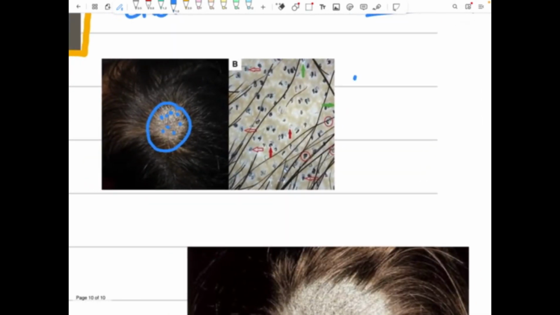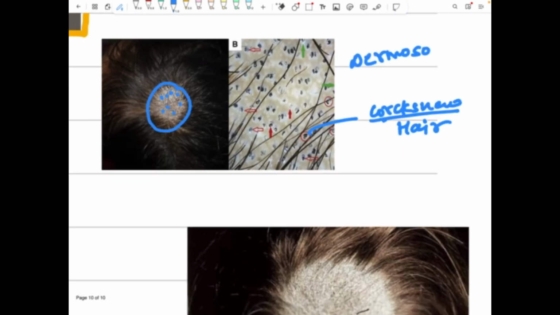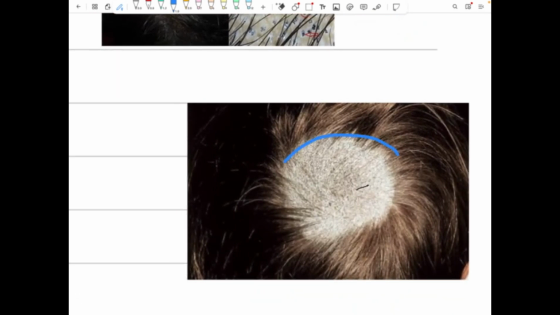And this is the dermoscopy. If you want to know further, we have corkscrew hair. If you want to have a look at this image, these are corkscrew hairs, though not of your level. And what is this? This is a gray patch. This is ectothrix, right? So this was